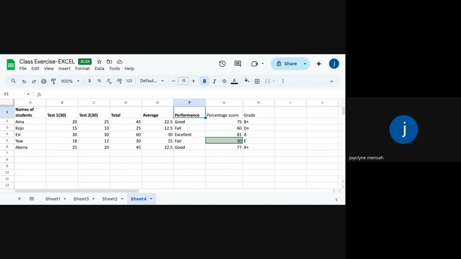Now you press enter. It has changed from getting an E, which is fail, to a D. I don't encourage that though, giving 52 instead of 30. When you change it here, automatically the grade here changes. Do you get it? So that is the end